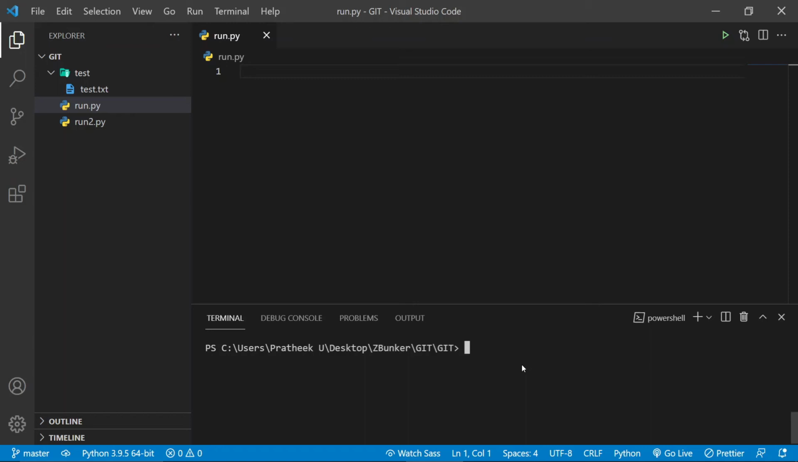Now, whenever we do some sort of modification, say delete a file or modify something inside a file, suppose run.py, Git will immediately identify it, and Git will immediately notify us that, hey, the following file is modified or the following file is deleted, depending upon your actions. So let's go ahead and delete run2.py. And let's do some modification inside run.py. Now, if I go ahead and type git status,